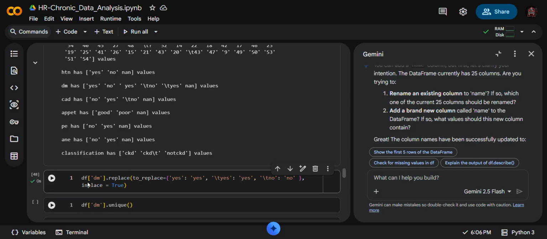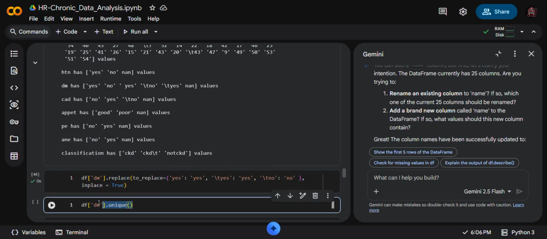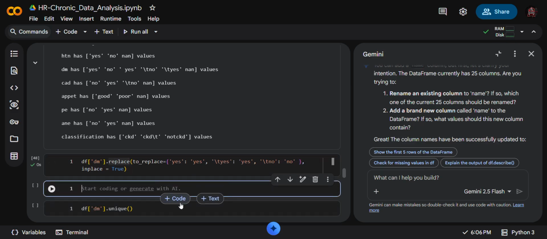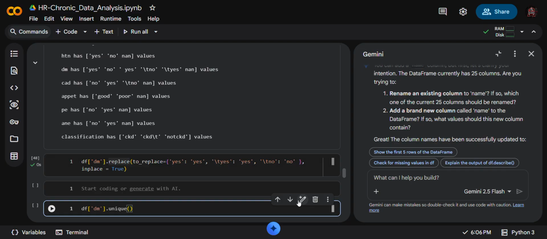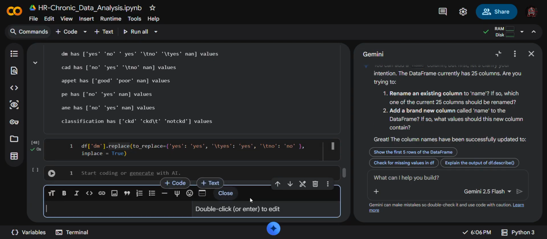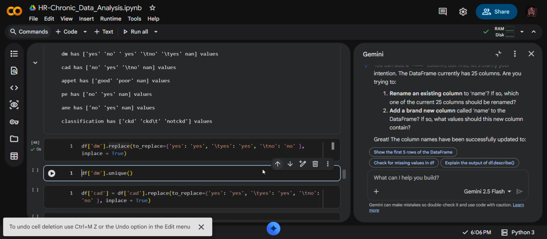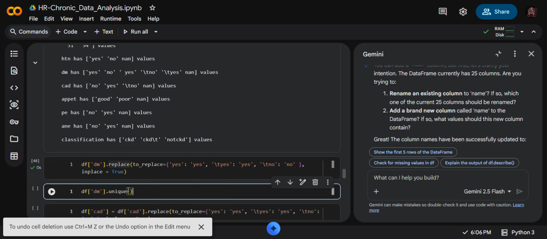So I can simply take this command after this command, like another code, because you can understand easily. I can put this command here also.